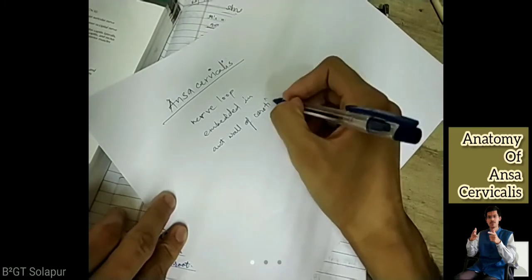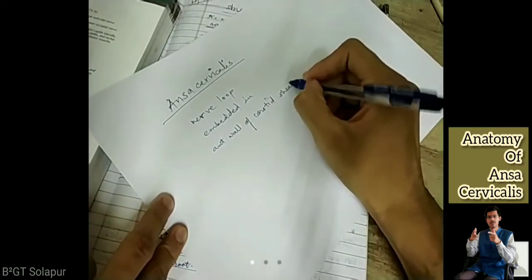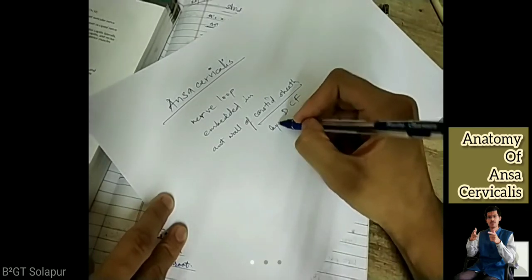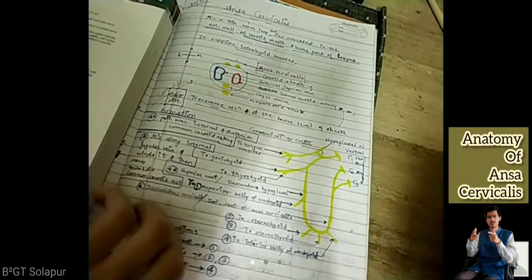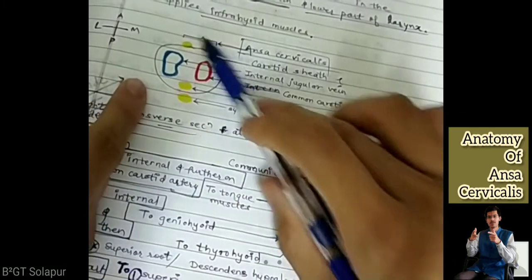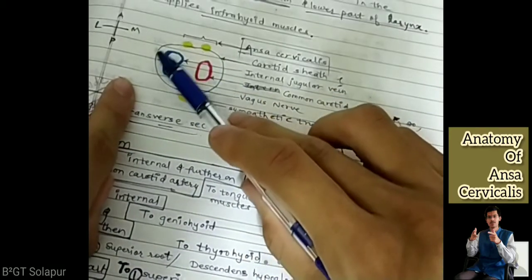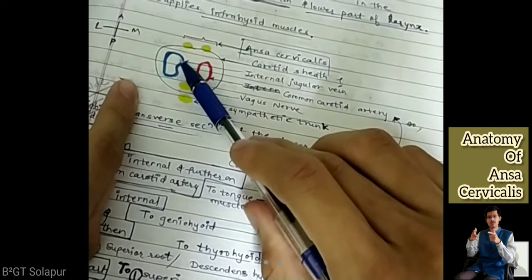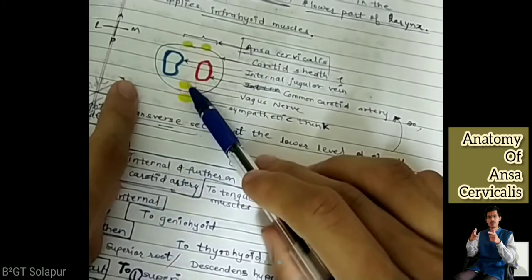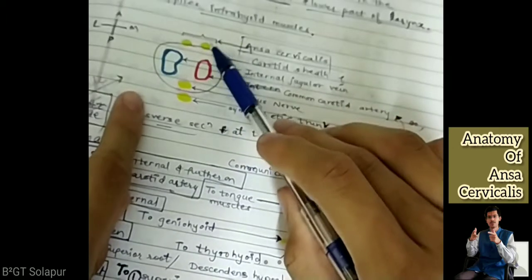The carotid sheath is a layer of deep cervical fascia. We saw it yesterday in extensive detail. As I was explaining yesterday about the carotid sheath, if you recall this diagram, this was the same diagram. This is the carotid sheath of the left side. This is the left internal jugular vein. This is the left common carotid artery. This is the left-sided vagus nerve. This is the sympathetic trunk behind, and this is ansa cervicalis.